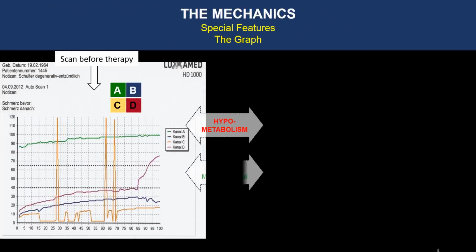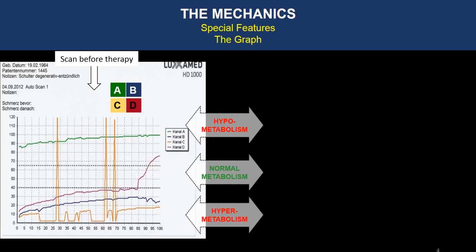Now we look at another condition. Sometimes in the first graph, all the 4 channels were in hypermetabolic condition, but there can be possible cases where you have both chronic and acute problems in one area. For example, in a knee condition, it is possible to have a chronic condition in the joint and an acute condition in the ligament. So if you look at this graph, you have the green channel in hypometabolic condition,